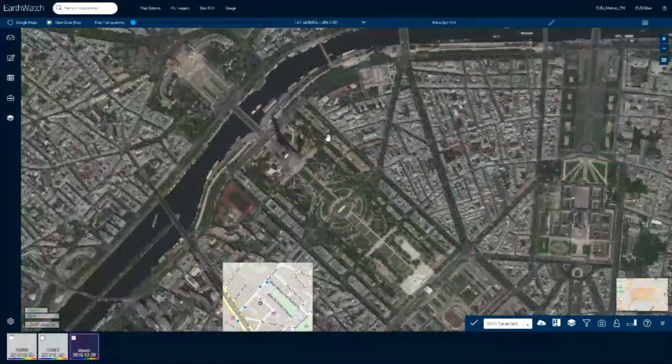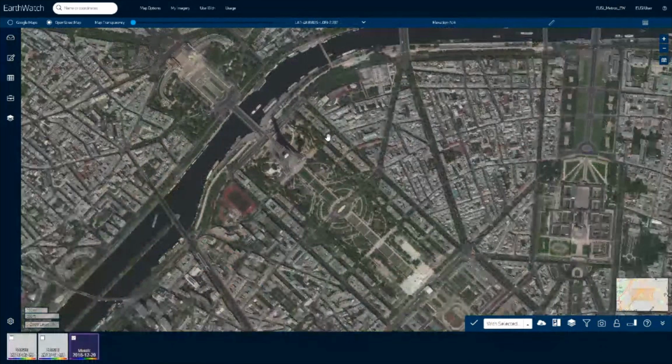So I turn into the Metro layer for the same location. And we see that we actually have 30 centimeter imagery available here. It's very similar to Vivid actually, but the thing is that in Metro, the imagery is restricted to metropolitan areas worldwide.